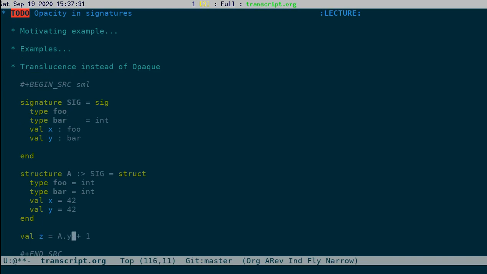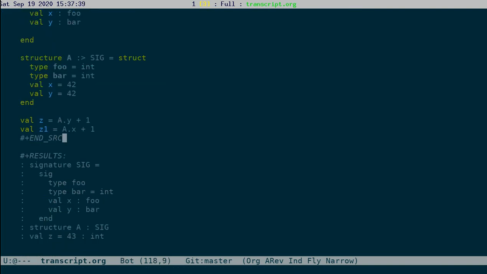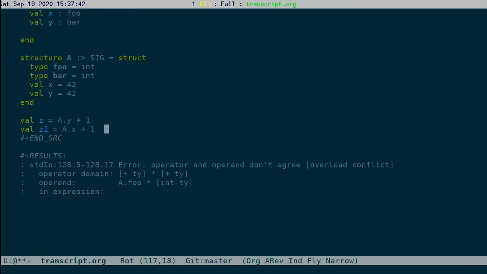So if we try this with foo, you will get an error, as A.foo is abstract, not exposed in the signature. A.bar is transparent, or let me call it opaque.